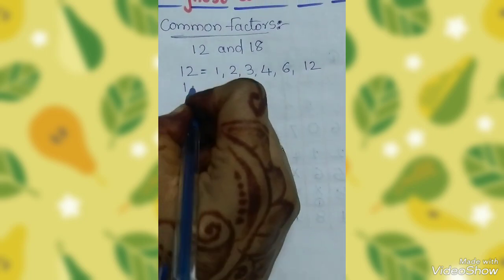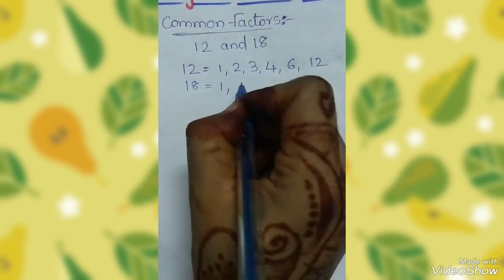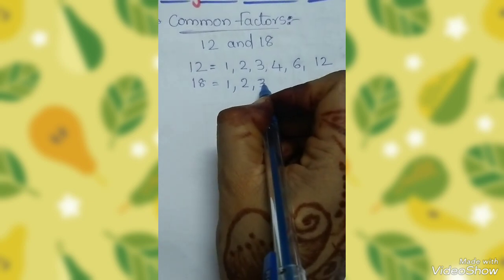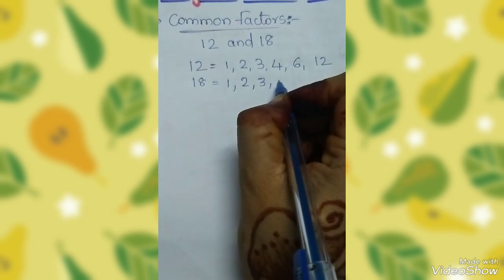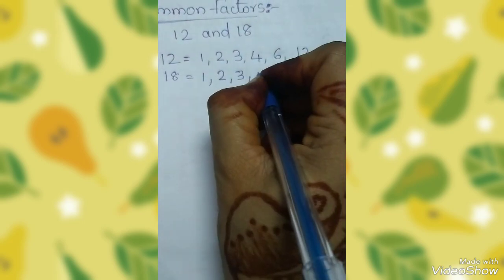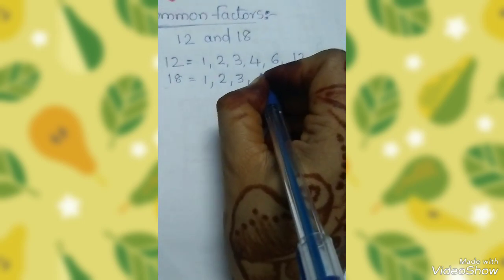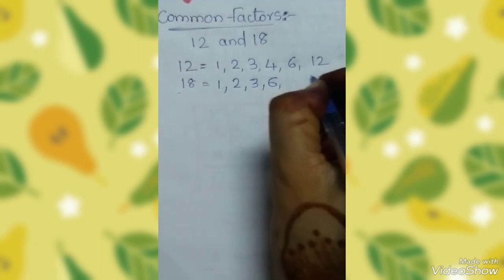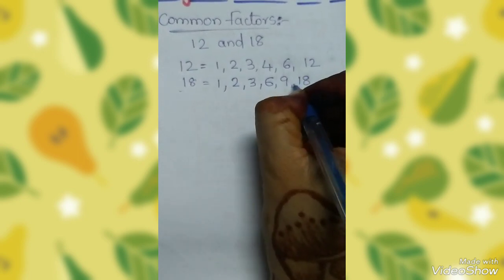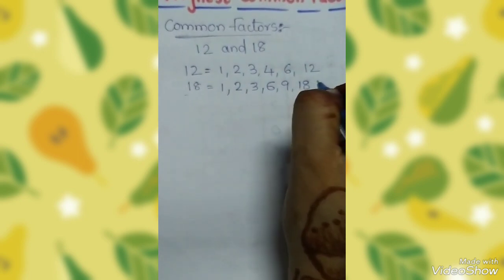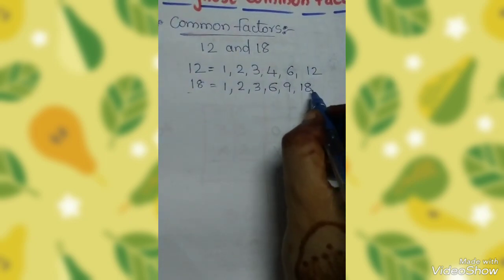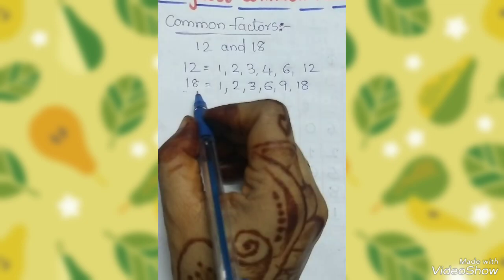Okay, 18. Now we will find the factors of 18. 1 itself, 2 9s are 18, 3 6s are 18. In 4 it will not come, so ignore 4. 5 also we do not see in 18. In the 6 table we see 6 3s are 18, and 9 2s are 18, and 18 itself. From 10, 11, 12 up to 17 we can't see 18. 18 itself is a factor of itself.